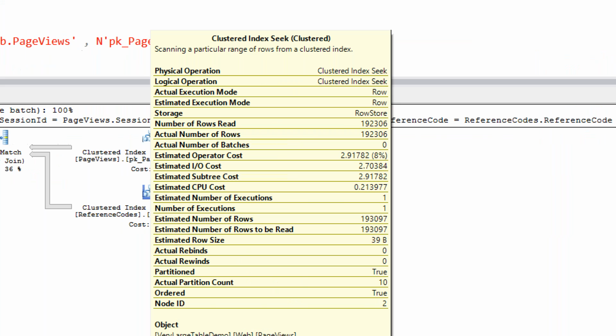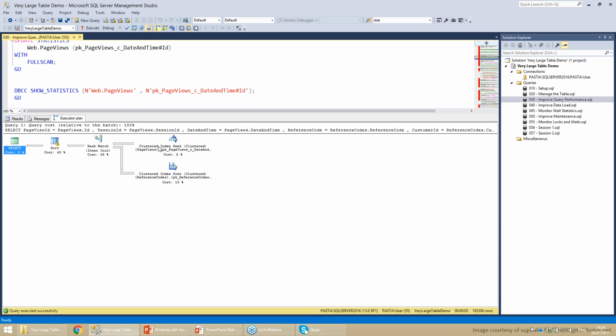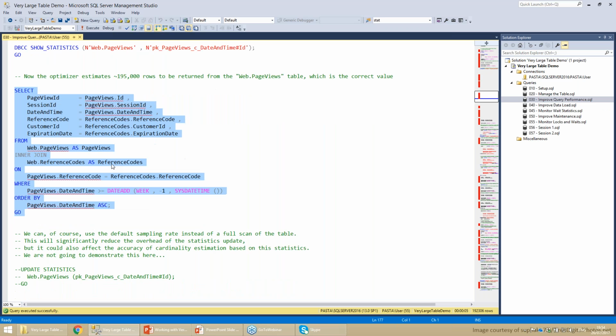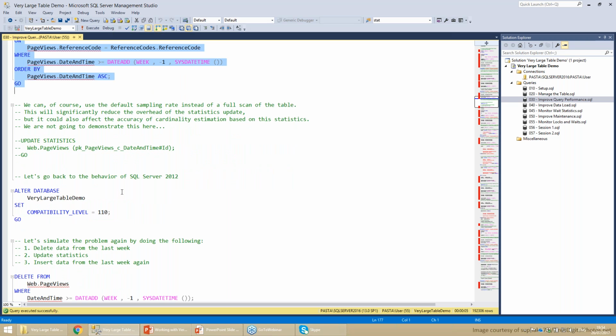And now we can see that we have a much better value here. Okay. So we can use it with a sample rate. We don't have to use full scan if it's too resource intensive. But then with a sample rate, of course, it won't be as accurate. Maybe it's good enough, maybe not. You need to test it on your environment, but those are some options you can do as well.